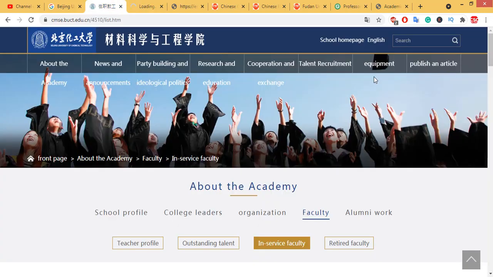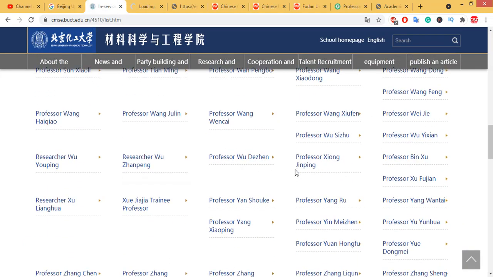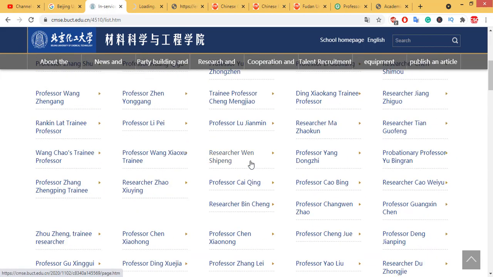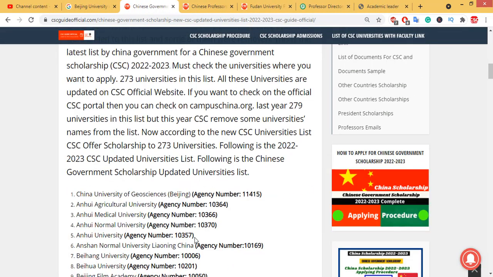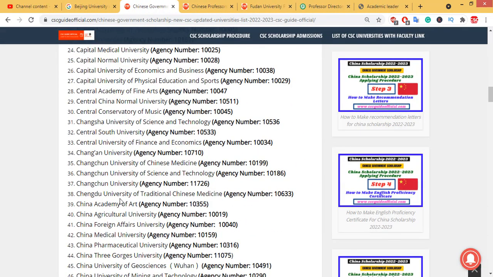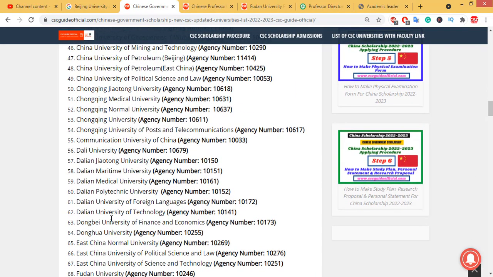So that's why you need to open this in the Chinese version. So here's the professor. A lot of professors are here, so you need to find them and send emails to these professors. So now, if you want to find another university's professor using this method, I want to click on